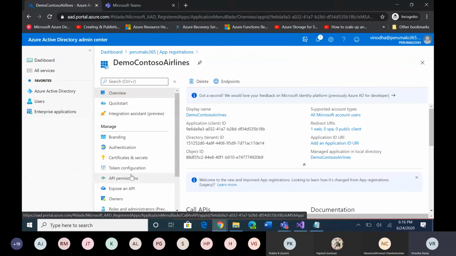Now I'm going to define the API permissions here. Normally, Graph API has two sets of permissions. One is user delegated and the other is application permissions. If you are doing work on behalf of a user, then you can use user delegated permission. Or if you want to automate the work, that is, the application runs as a background service without the signed-in user present, then you can use application permissions. Normally, application permissions are more powerful than user delegated because they have access to all data in the tenant. So you need to be more careful while giving approval for application permissions. Here for the demo sample, I'm using the application permissions.